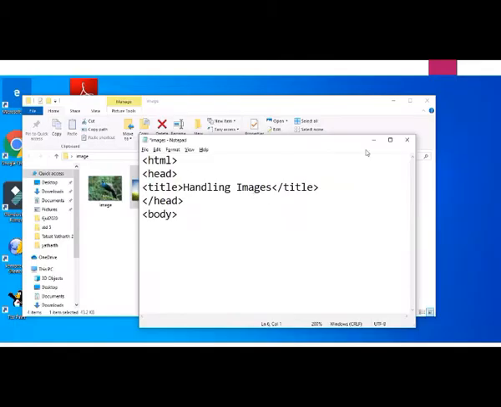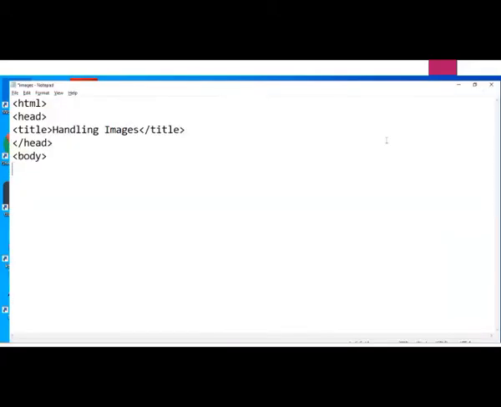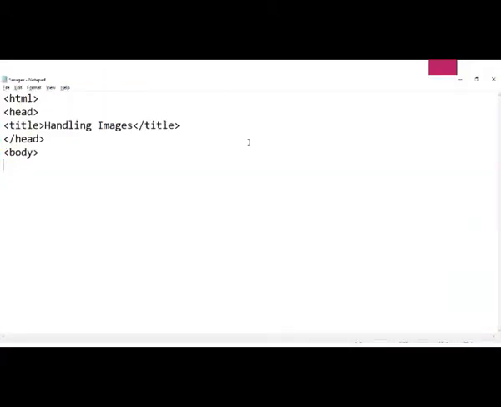First of all, we are going to create a web page with HTML, head, title and body tags. Now here we are typing heading level 1 and typing some text afterwards. So we are going to define that image with some text using the h1 heading level. Here we have typed "This is the first image". Now let's insert an image.